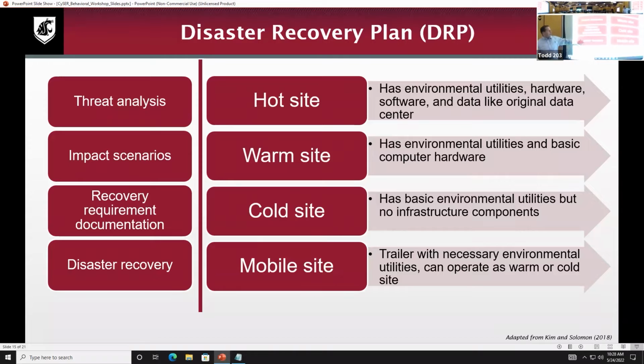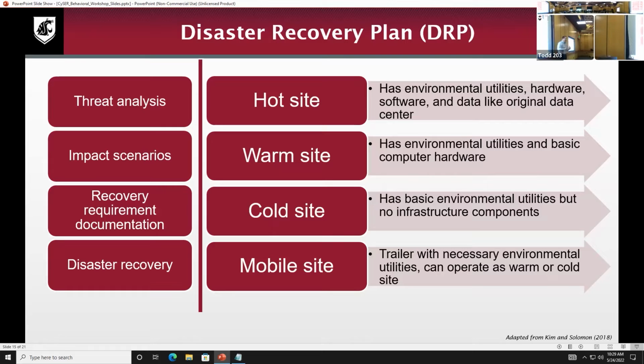And ultimately identifying how are we going to recover from those disasters. Part of this process is going to decide, do we want a hot site, warm site, cold site, or mobile site for if something happens? So a hot site. This is an environment where everything is mirrored, everything is available, and it's up in real time. It's expensive. But if what you're doing is crucially important, it's necessary to have that investment, so you can just, at the flip of a switch, be back up in a matter of minutes, if not hours.